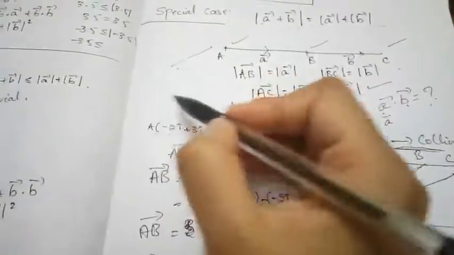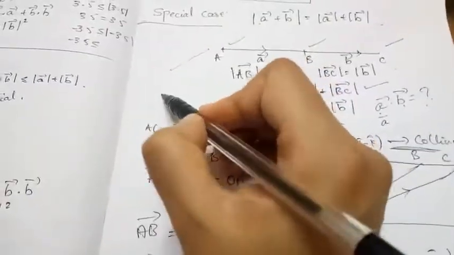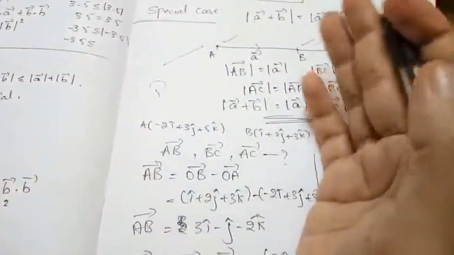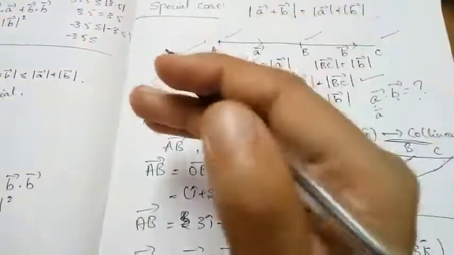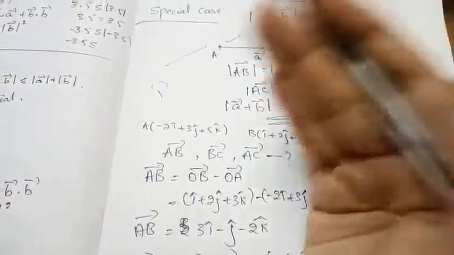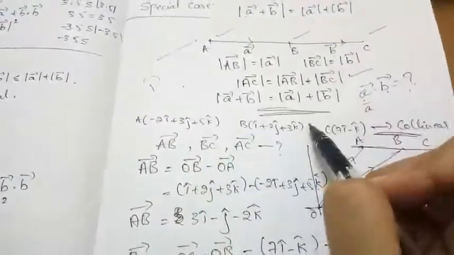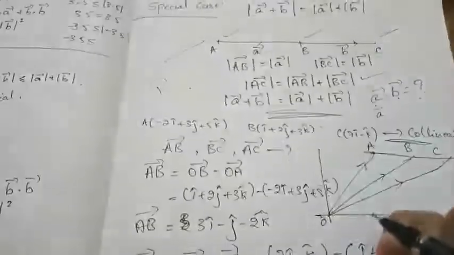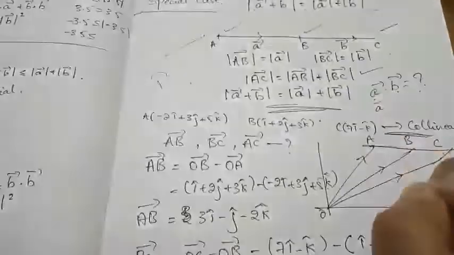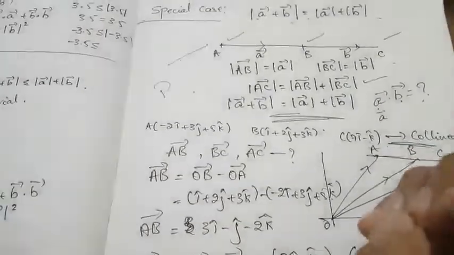And the important thing you need to concentrate on is the projection of a vector on a line also. So what they are asking, what we need to find, is the projection of a vector on which vector: projection of vector A on vector B or projection of vector B on vector A. So these are the important things which you need to put some interest in and concentrate on.